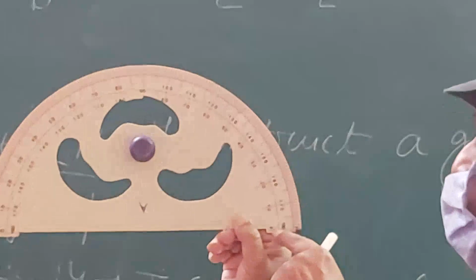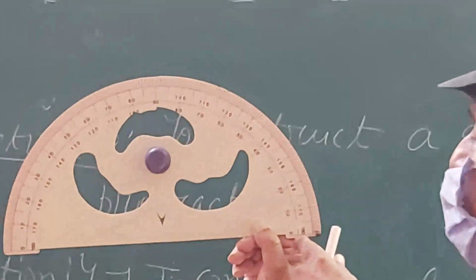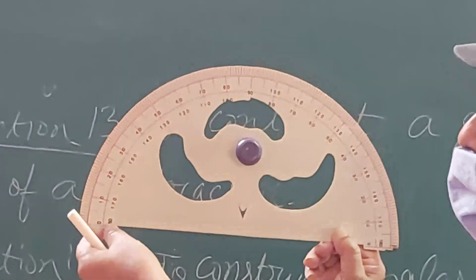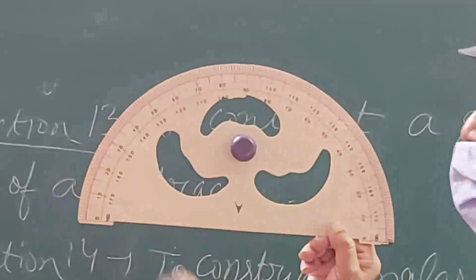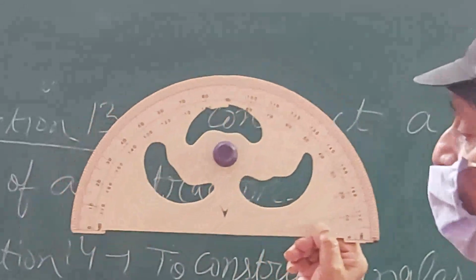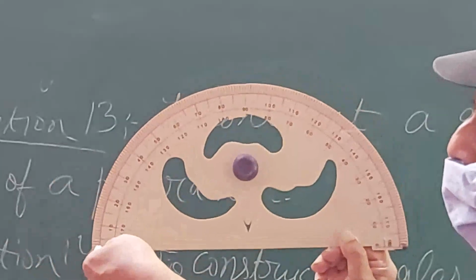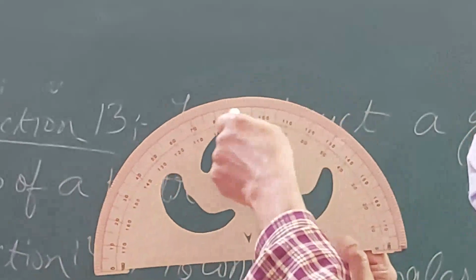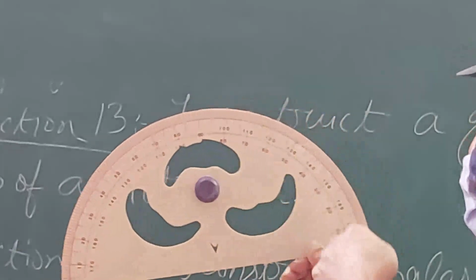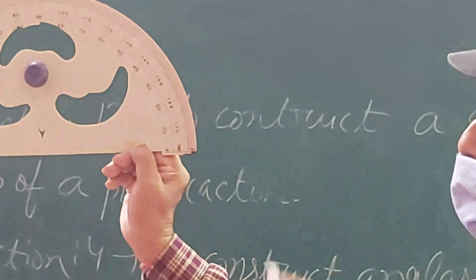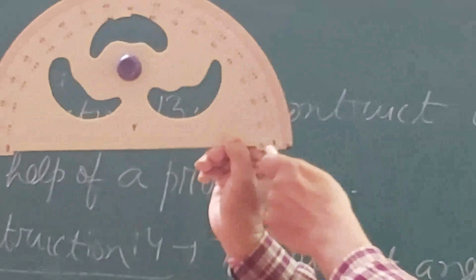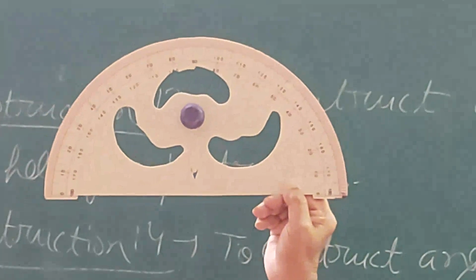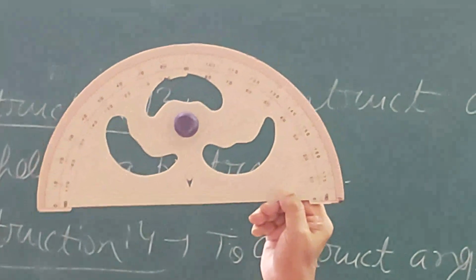The lower one starts from the right hand side. This is the right hand side, 0 degrees. It ends at the left hand side at 180. But if you look at the upper semicircle, it starts from 0 from the left hand, and then 10, 20, 30, 40, 50, likewise it goes up to the right, after crossing 90, 100, 110, and it ends at 180, and it coincides with 0 degrees of the lower semicircle. So in this way you can see it in your protractor also.